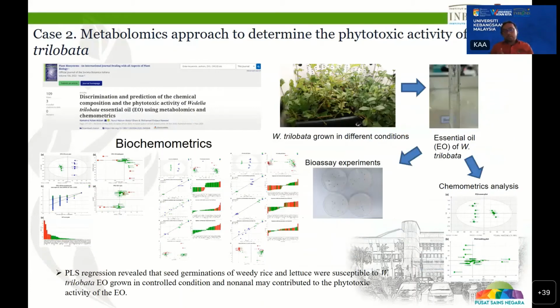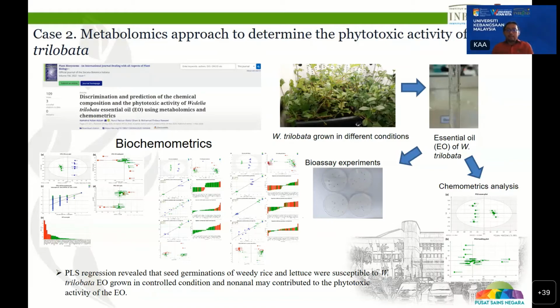From there, again we did a phytotoxic activity test of this essential oil, and we found that the essential oil obtained from the growth chamber has better phytotoxicity compared to the field, and it was contributed by these monoterpenes. So here we employed this chemometrics method, whereby we combine this metabolite data with the biological activity data, in this case the phytotoxicity, and from there we pinpoint the biomarkers or the metabolites that are responsible for this phytotoxicity using